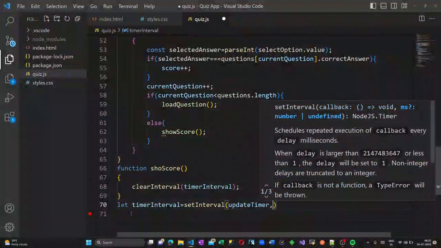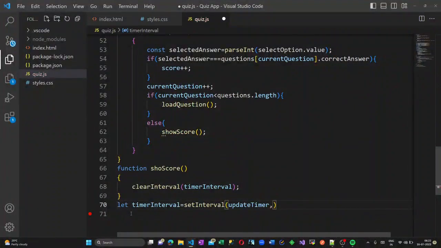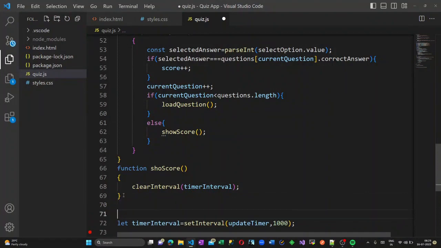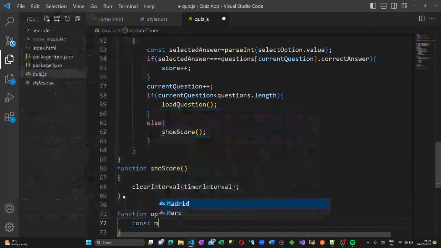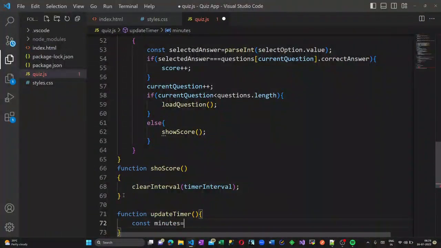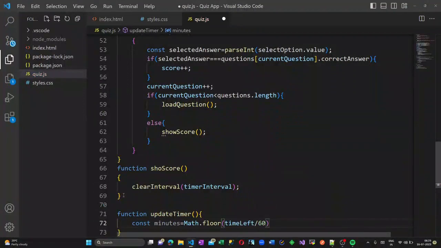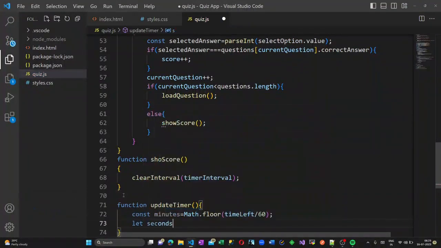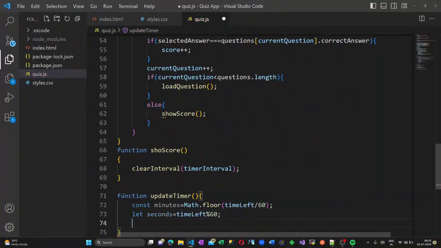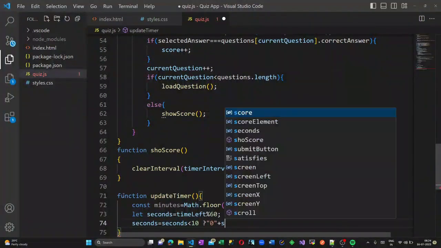So let us create a show score method. Here we are creating the timer interval method. The timer interval is used to update our timer. So we will create an update timer method. Here the minutes is calculated by time left divided by 60. Initially we are giving 120. The minutes will be 120 divided by 60, which is 2 minutes, and the seconds